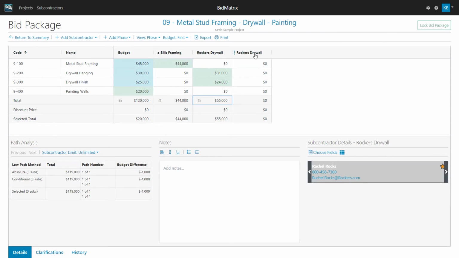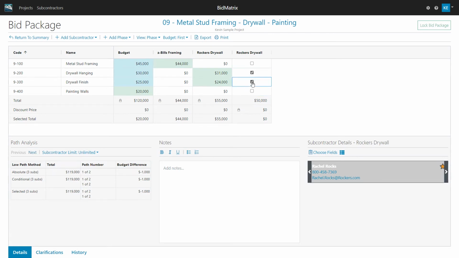In this case, I want to also say that Rockers gave me a couple different variations. They told me if I was going to do either one of these two tasks by themselves, this $55,000 is what they would do it for. But if I would do all of it in one, they would actually do it for $50,000. So I'm not going to put dollars in there because I don't know how to split it off, because they told me they had to have both of these. So I'm going to come down to the total and say that this one is going to be $50,000.